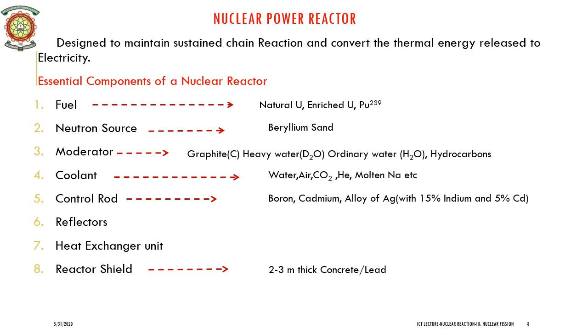These control rods are inserted in the form of rods between the fuel elements in the core of the reactor. The rods can be moved in and out to control the reaction rate. In fast reactors using fast neutrons, control is achieved by adjusting neutron escape rate by moving the reflectors. Generally, fast neutrons are not absorbed by these control elements. We will see in the next slide couple of other parts of the nuclear reactor.